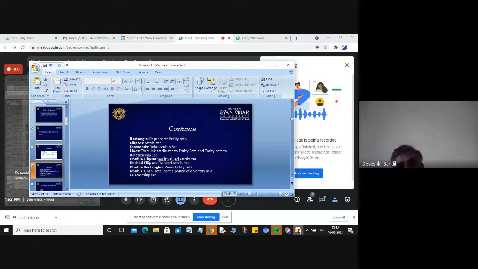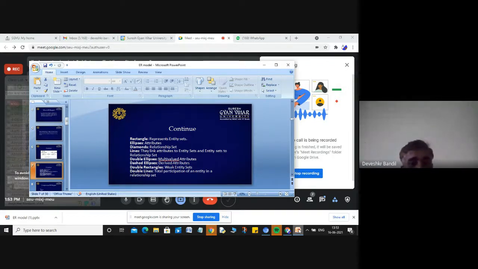I will explain after some time. Weak entity set means when one entity depends on another entity, it is called the weak entity. And your weak entity is always represented in a double rectangle. And your double lines show total participation of your entity in a relationship set. So these are all the shapes,